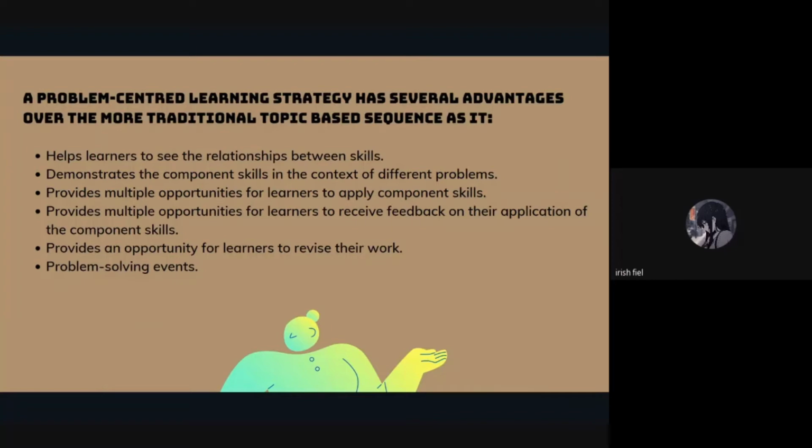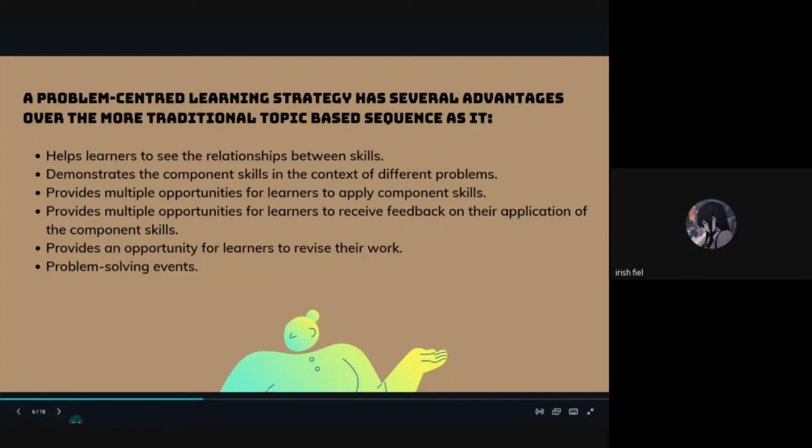And next, it demonstrates the component skills in the context of different problems. So the teacher will explain the different skills for you to be able to use in different problems. So third,